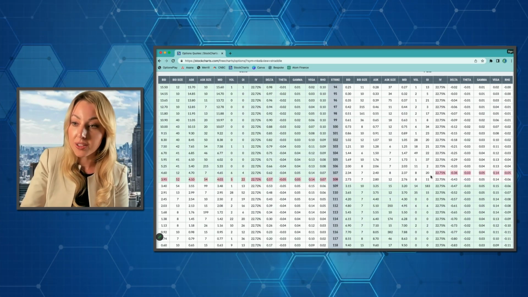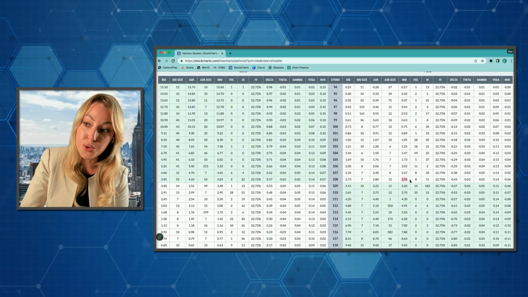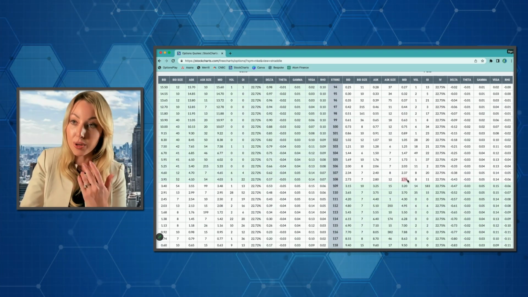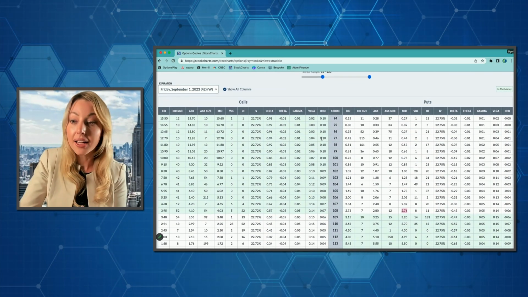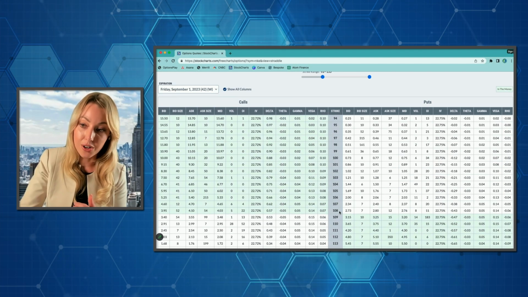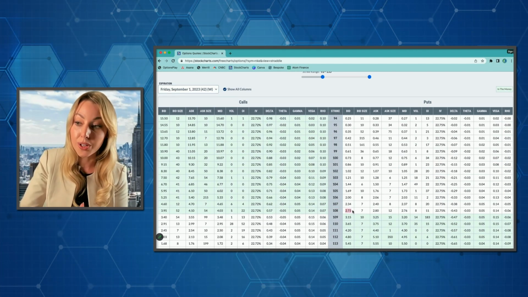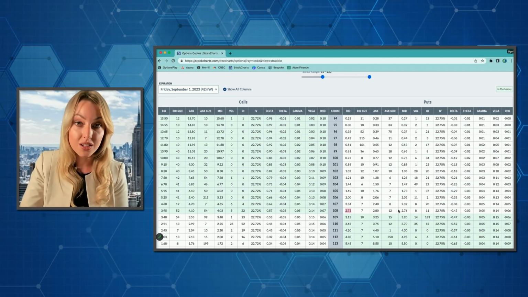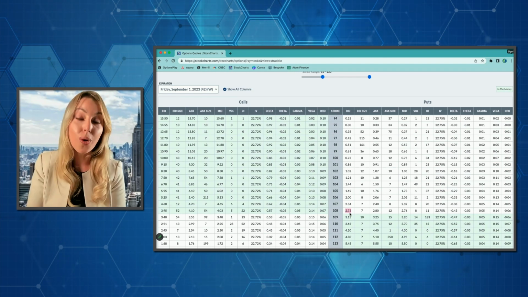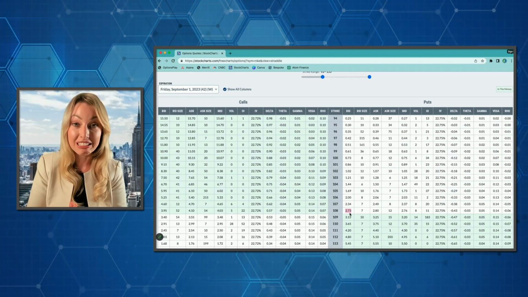So for this one, for example, I could expect to receive the midpoint, which is 2.76. I would sell that, and I would be obligated by September 1st to buy 100 shares of Nike at $108 per share. And in exchange for that, I would be receiving $2.76 per share, so $276 total. And that's the way that you would practically apply what we just talked about. It's really that simple.